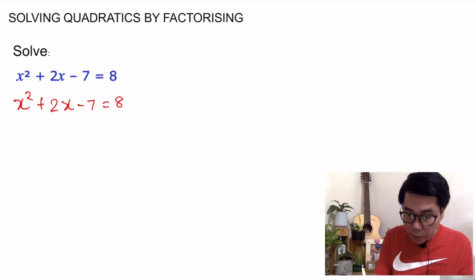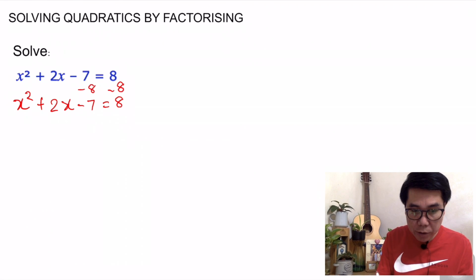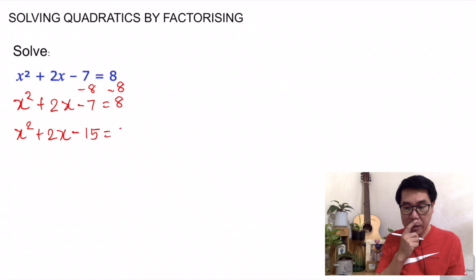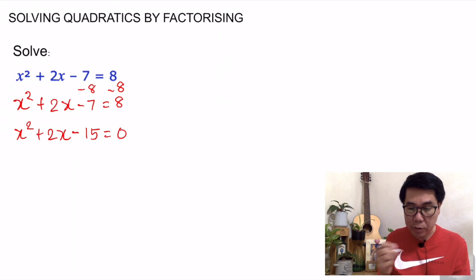So what we have to do is to make this 8 into 0, we have to subtract 8 here and also subtract 8 here. So our new equation now is x squared plus 2x minus 7 minus 8. The same sign, so add and then copy the common sign, so negative 15 equals 0. So we now have x squared plus 2x minus 15 is equal to 0. Then